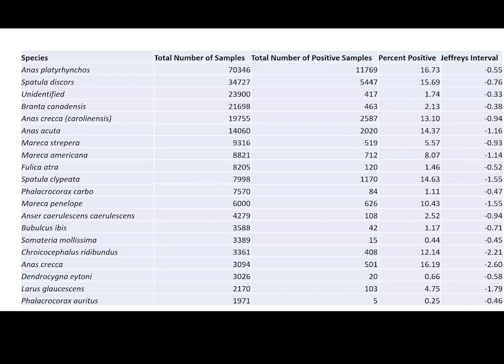So once you've got all those lines in Excel, you can align each sample to its species, and we can start looking at who is sampled the most and what proportion of positivity there is, and also looking at the certainty in that. I've just picked the top 20 species from that table. There are over 1,000 species in this data set. What I want to point out here is, if you don't know your binomials, most of these are ducks.